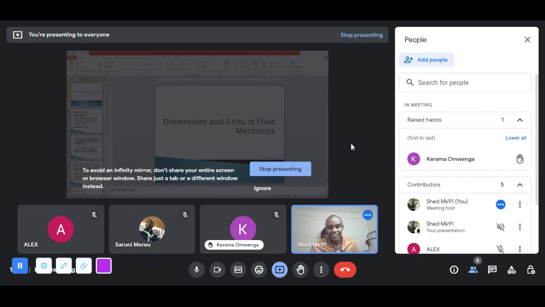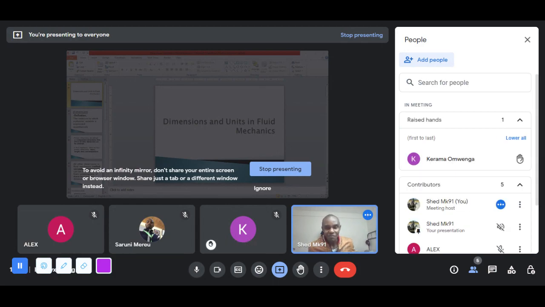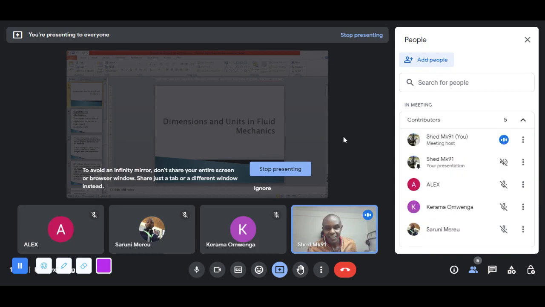Can we remember the three states of matter that we discussed last time? Yes, Brian. Solid, liquid, and gases. Good, that's fine. So today we shall discuss dimensions and units and fluid mechanics in the unit of